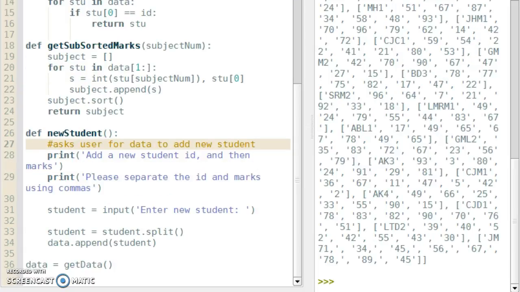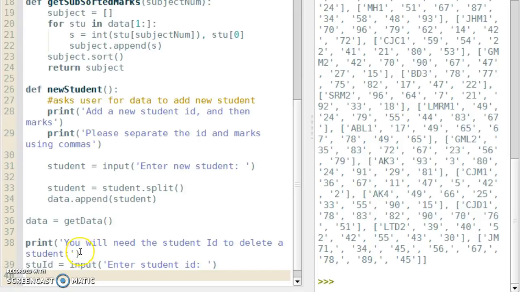Now we've done adding a new student, we're going to look at how to delete a student. Again, I'm going to type some statements in which we're going to run, and then we'll experiment over in the shell before putting everything into a function. So here I've just got a print statement letting the user know some information about what they're required to enter, and then I've got an input statement which is going to ask for a student ID. So if we run this program,